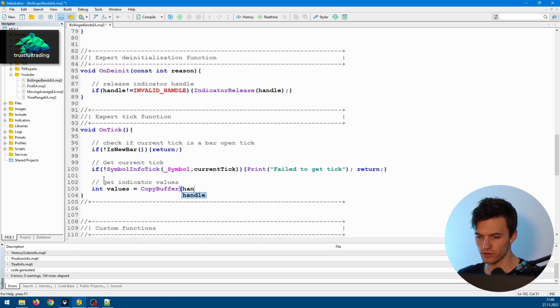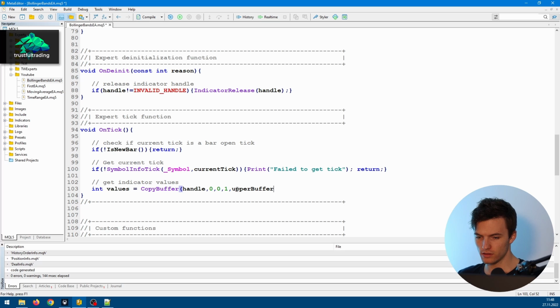So here we need to set the handle, the buffer number, the start position, and also how many indicator values we want to store. So we only need one, the latest indicator value, and we need to set the array where we want to store the indicator values. So of course we already have our buffers here. So upper buffer,